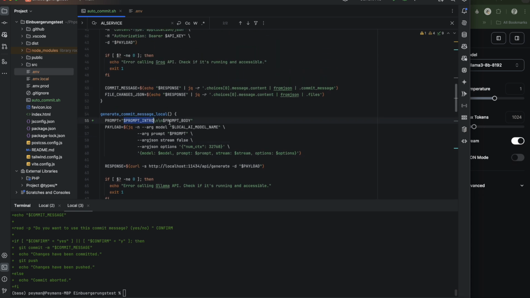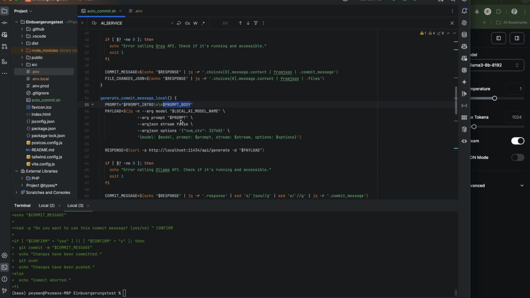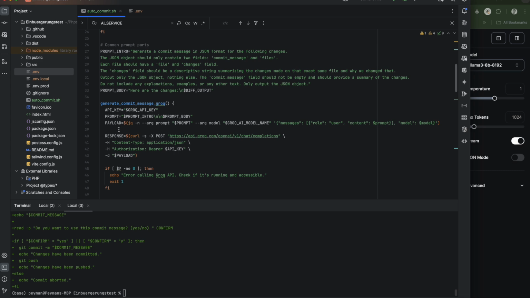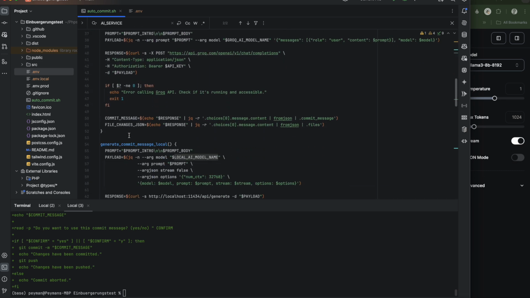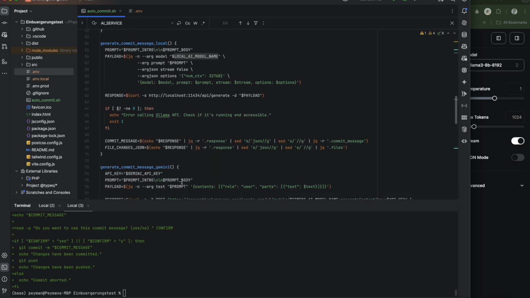Prompt intro and prompt body are the same. The model name is for the local AI model, and then you send the request and once you get the response back,